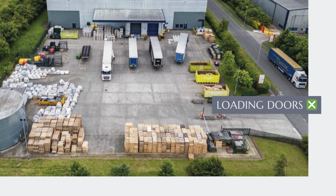As hinted to above, this unit only has 2 level access loading doors for deliveries, partly because of the reasons mentioned above. A unit of this size would usually be expected to have in the region of 8 doors. There is space along the elevation to improve loading, perhaps with an additional 2 doors. It may also be worth considering creating dock-level doors, which are most suitable to loading heavy goods vehicles such as